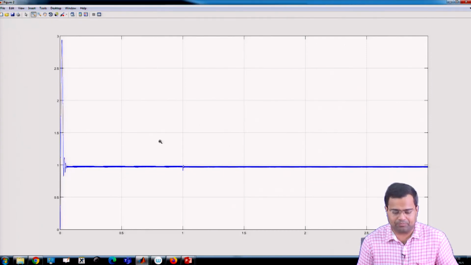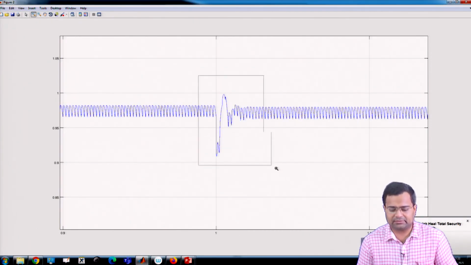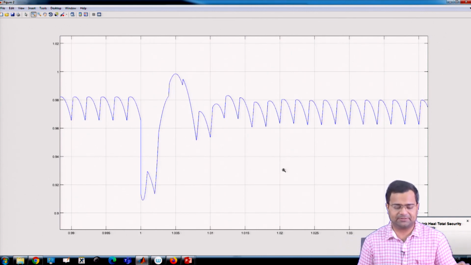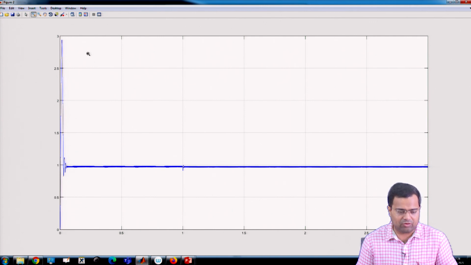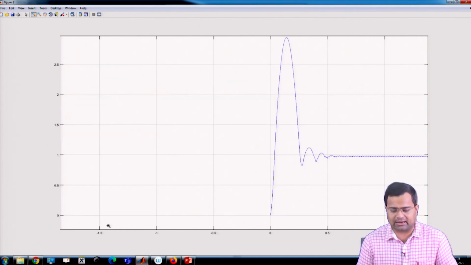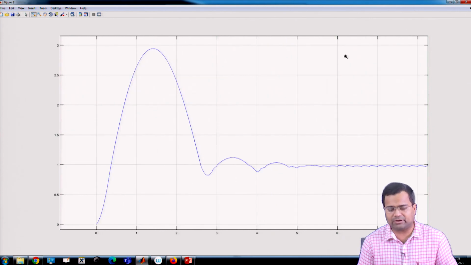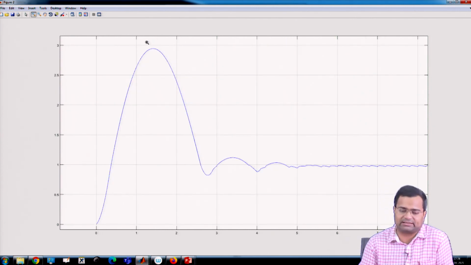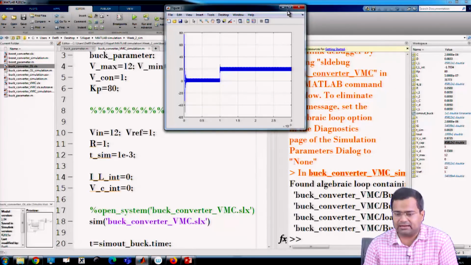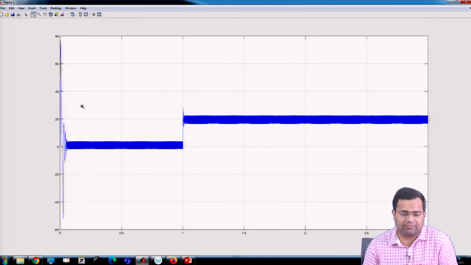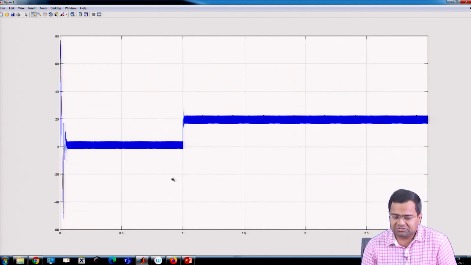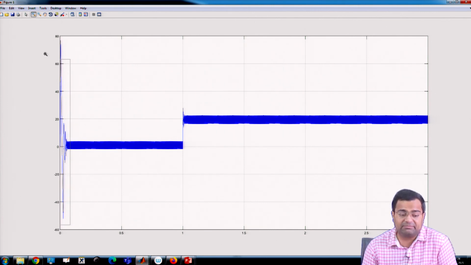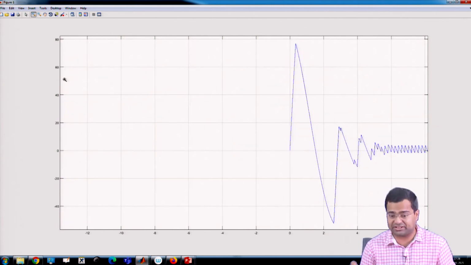It has further improved the performance, but there are limits: there is a steady state error in the output voltage, and you can also see that during the transient the startup behavior is unacceptable. The output voltage reaches 3 volt, which is not at all acceptable. And the current is reaching 80 ampere, which is again unacceptable. So we need to do something different in order to enable this startup operation.